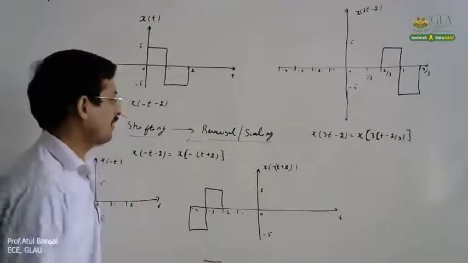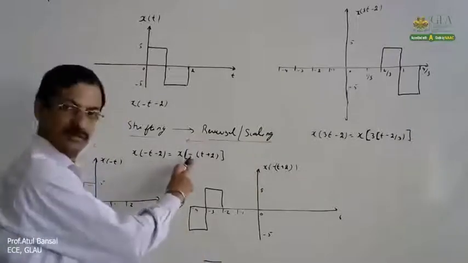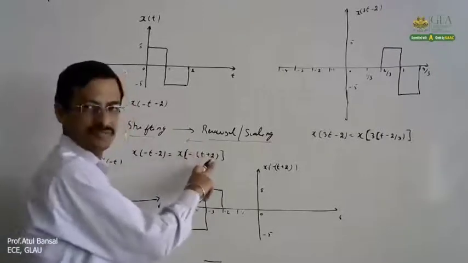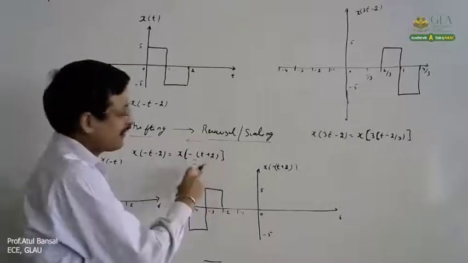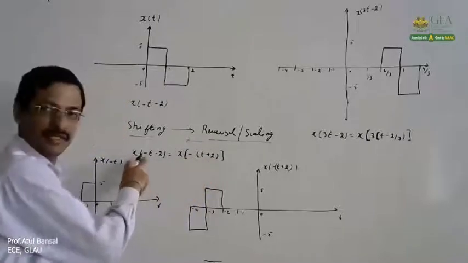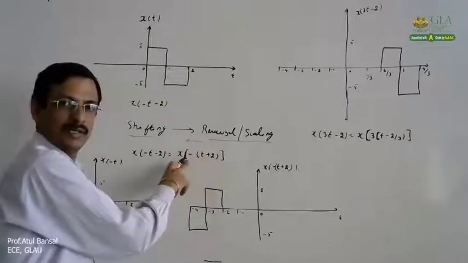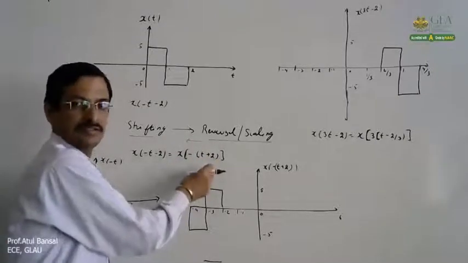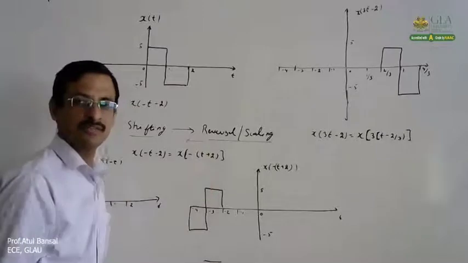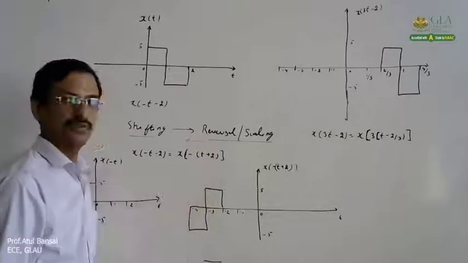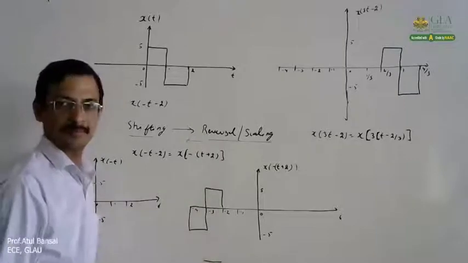But remember one point: you have to take this common and then apply the outside part first, then go for the shift. Otherwise, if you do reversal over here and then do the shifting without taking common, or first do shifting and then take reversal even after doing the common, in both cases you will get the wrong answer. You can try it yourself; you will not get the same answer.